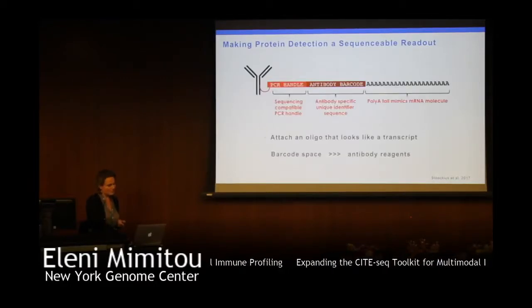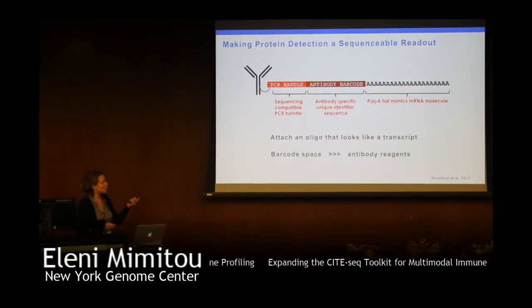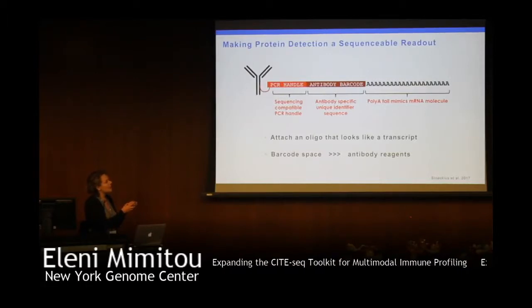With an oligo conjugate that contains a poly-A tail that mimics the RNA, a sequence that acts as an identifier of the antibody, and a PCR handle that allows specific identification of